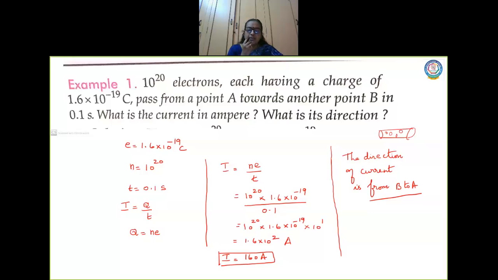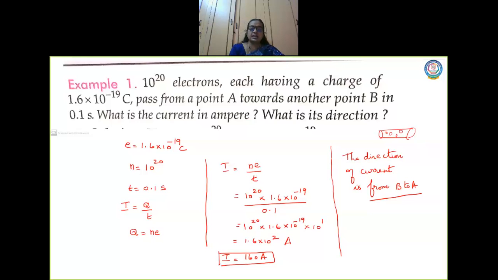And when we talk about the direction of current, actually current is rate of flow. Rate means with respect to time. So the rate of flow of charges depends upon the time. So the conventional direction of current is found to be just opposite to the flow of electrons. The direction of conventional current is from positive to negative, which is just opposite to the direction of flow of electrons. Electrons will move from negative to positive. Conventional direction of current is from positive to negative.